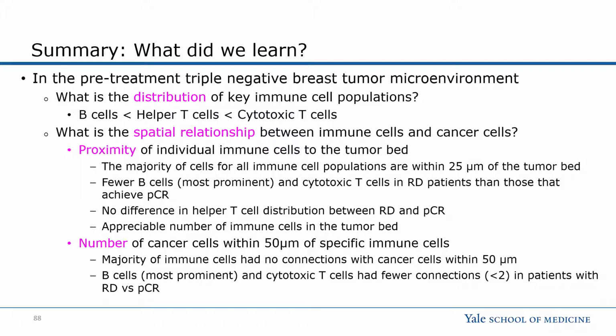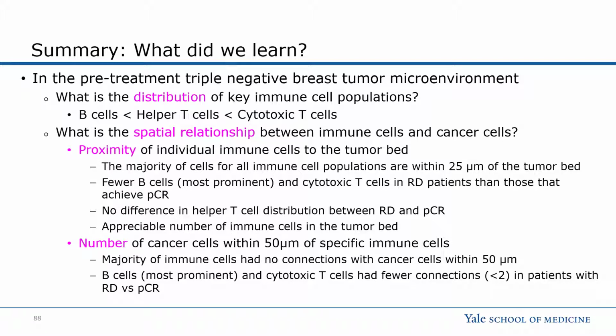Fewer B cells and cytotoxic T cells are seen in the residual disease patients than in those that achieve PCR, most prominently in the B cell subset. There's no difference in helper T cell distribution between residual disease and PCR. And it also reminds us from the data that there are actually an appreciable number of immune cells in the tumor bed, and this is something that we should follow up on